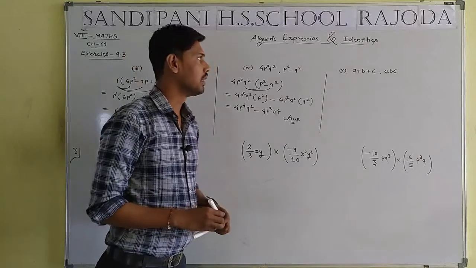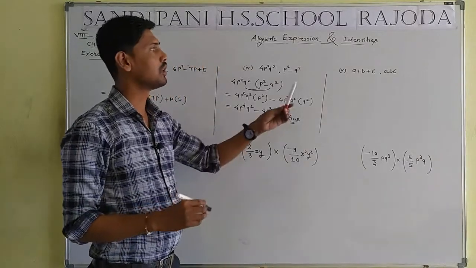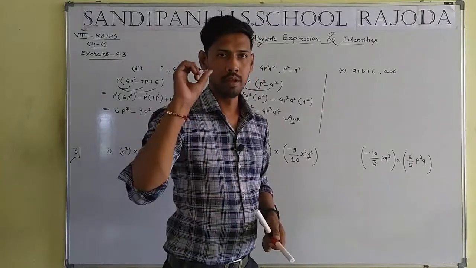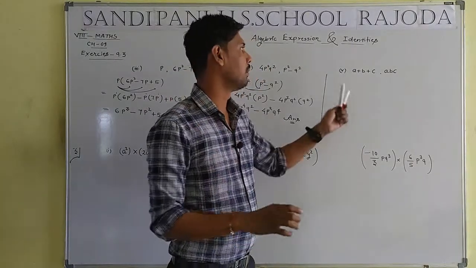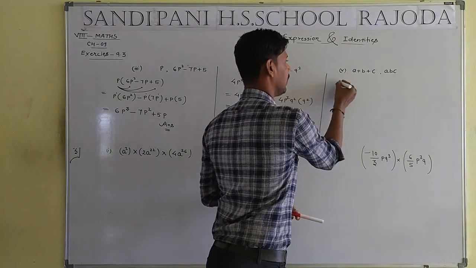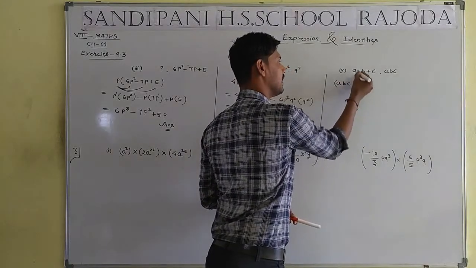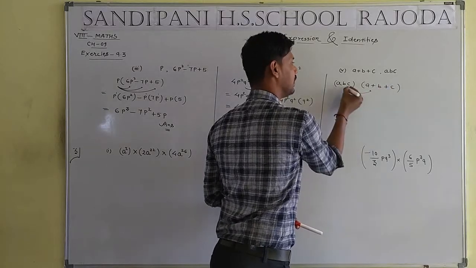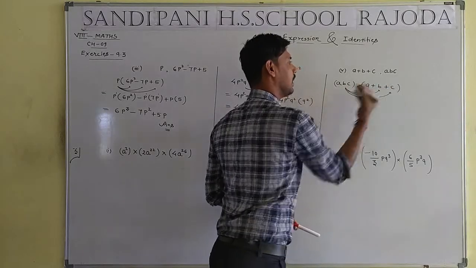Now we take the question number fifth. The demand of question a plus b plus c multiply by abc. जब हम किसी दो का मल्टीप्लाई करते हैं तो जो छोटी टर्म होती है उसको आगे लिखना चाहिए, थोड़ा सा इजी होता है. a plus b plus c, we have to multiply these, then these, then after these.